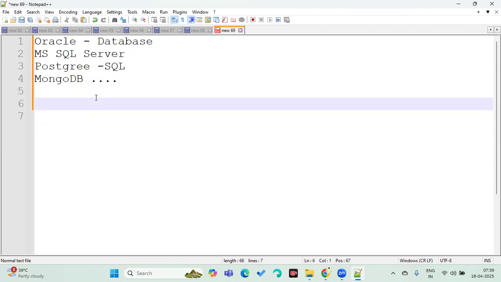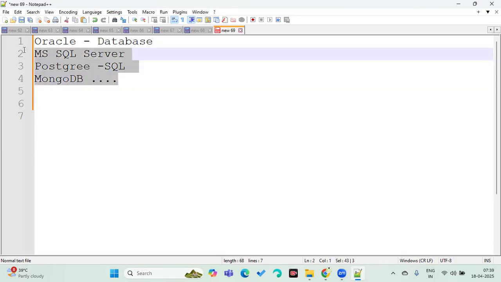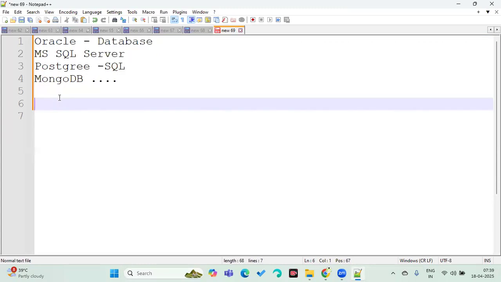If they want to maintain their day-to-day business transactions, nothing but their sales, their finance, meaning their accounts data, their procurement data, their employees data, all of this we manage in the database in proper format. That's what we call a database. These are different databases that clients are going to use.